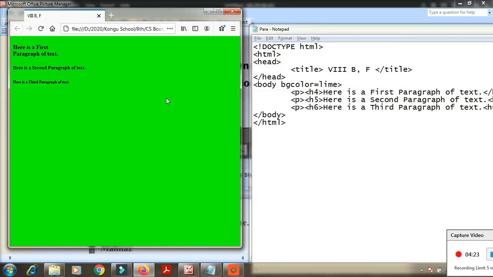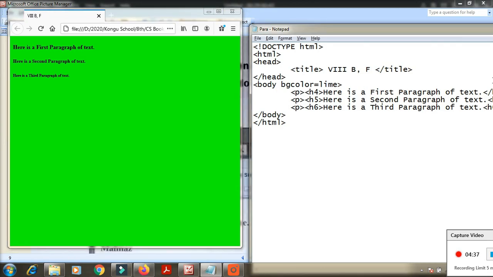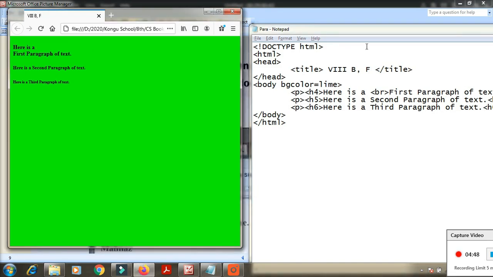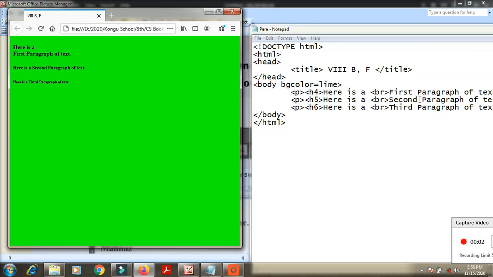This is the program and the output. Okay, this is the coding, and the output of the coding is mentioned here. Okay, so I change it now. So this is the original coding of this code. Okay, I am giving the br tag in between here and here. First I am giving the br tag. I save now. I come here and give a refresh. See, here the first paragraph of the text will come down. Okay, I gave the br tag to the second paragraph and for the third paragraph also. Here I declared br like that.